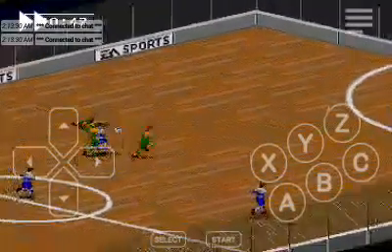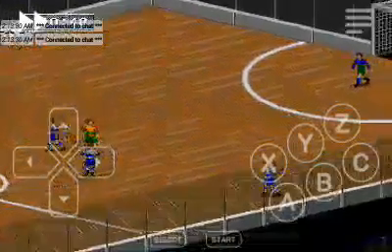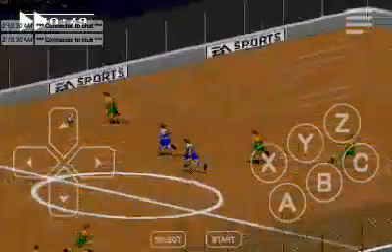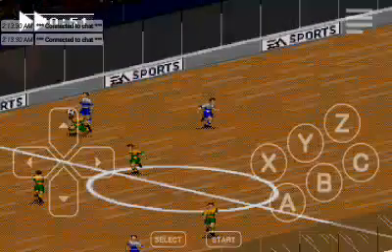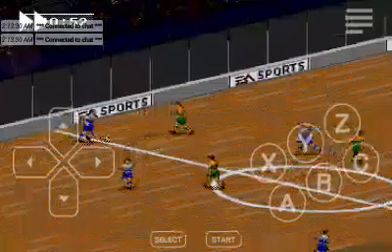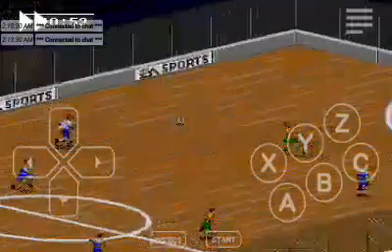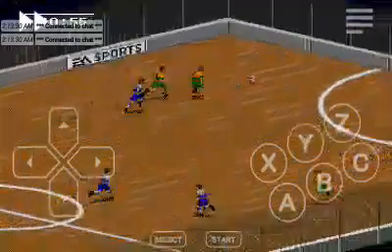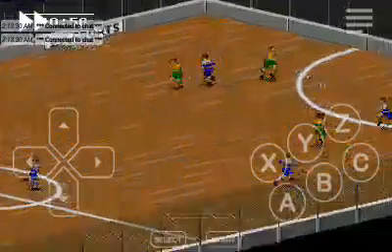And Dallas recovers, but the advancement is stopped by Vancouver's middle line. Dallas takes the ball into the defensive line.